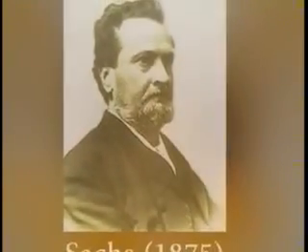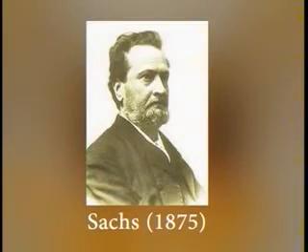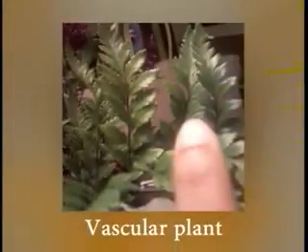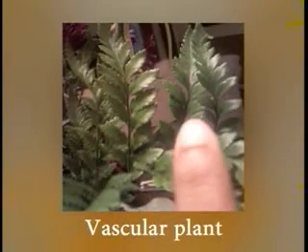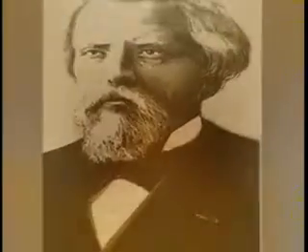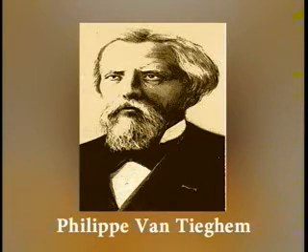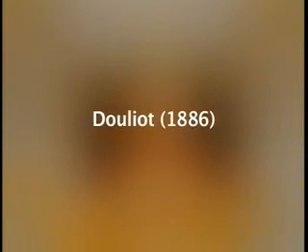Sachs in 1875 proposed that the vascular system of the plant body is a continuous system. For the first time, the stelar organization appeared in pteridophytes. Hence, the pteridophytes are called the first vascular plants. The stelar theory was proposed by Van Tieghem and Douliot in 1886,